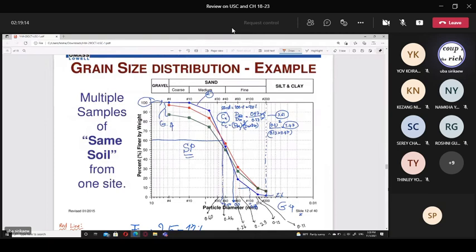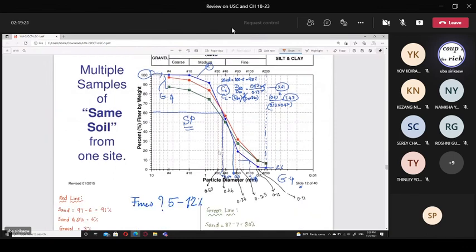This is group number 4. You choose group number 4. For group number 4, you check, this is sand, right? It begins with S. And fine particle for this